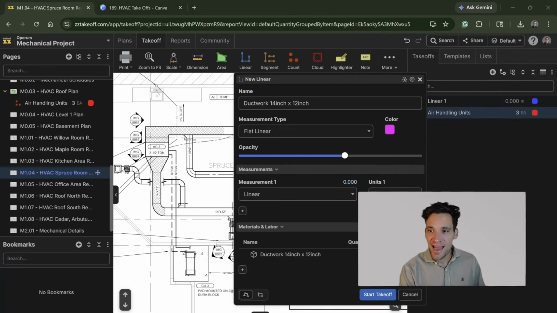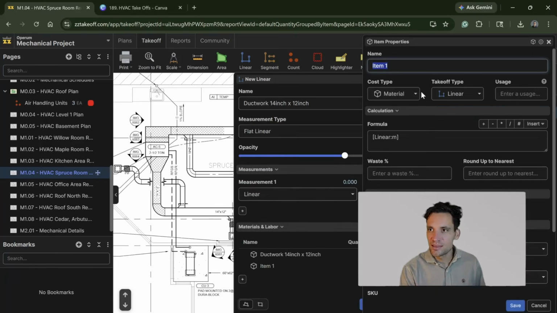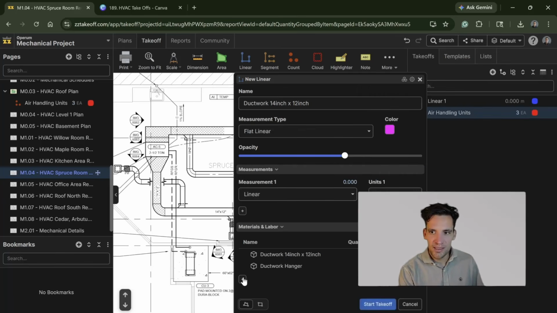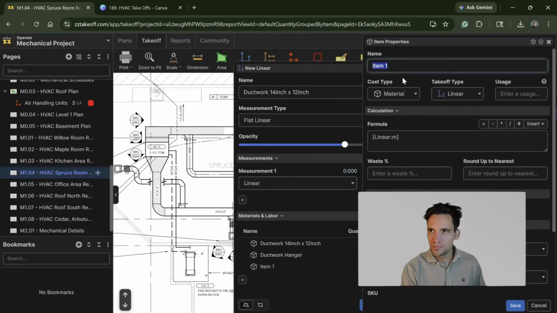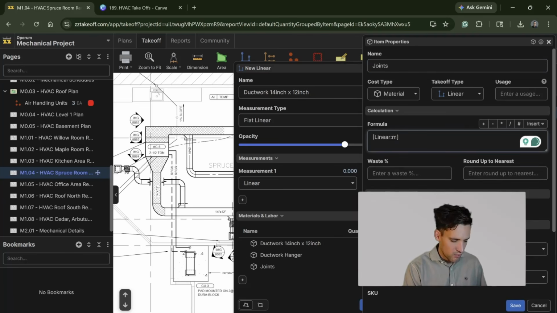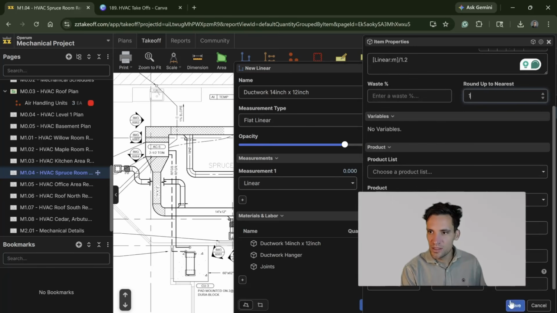The next one is we need a hanger every 2 meters. So we want to get, let's call this ductwork hanger. We want the linear meters divided by 2 because we're doing 1 every 2 meters. And again, we want 5% wastage on our number of hangers. The next one is material, joints. We have a joint every 1.2 meters. So we divide that by 1.2, round up to the nearest 1